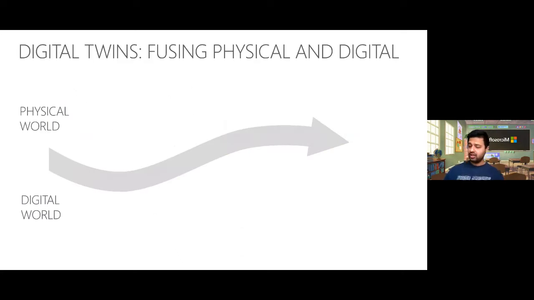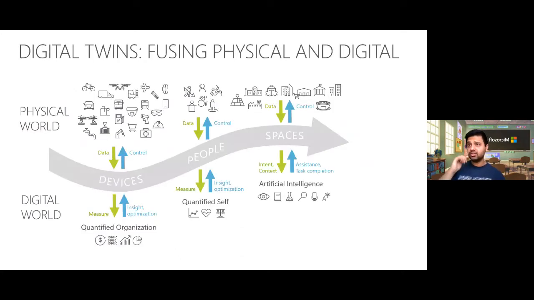So digital twins, let's take a look at it at a very high level. Digital twins effectively combines the physical world and the digital world together. So we can take any object that we have today. An object could be a high-rise building. An object could be a vehicle. An object could be a desk in an office space. It could be any physical object that we have today. We effectively merge that with the digital world. And what does the digital world mean? Digital world means data that can be retrieved from those sensors and devices that are connected to the internet. So the many million devices that we saw earlier in the slide.